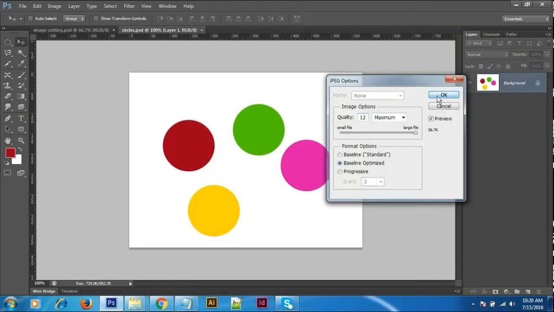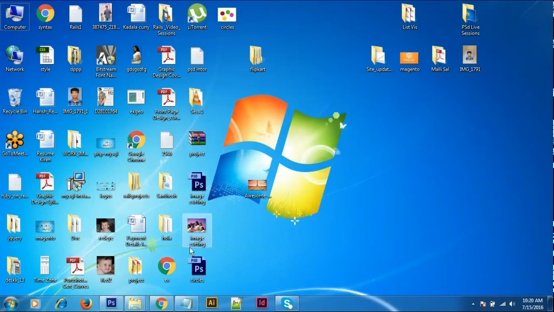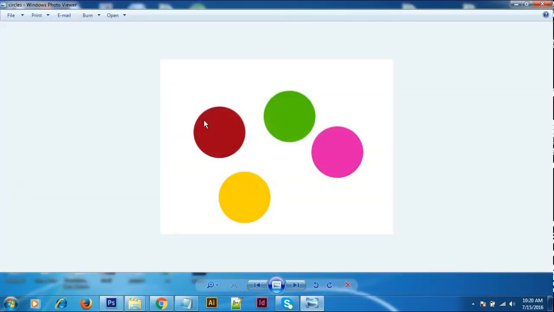So the formats, what is JPG? What is the file format JPG? We call it JPG or JPEG, both are fine. What is JPEG? Joint Photographic Experts Group.